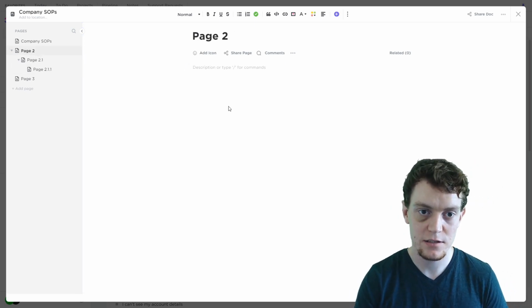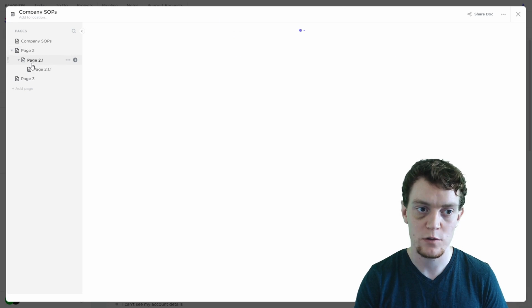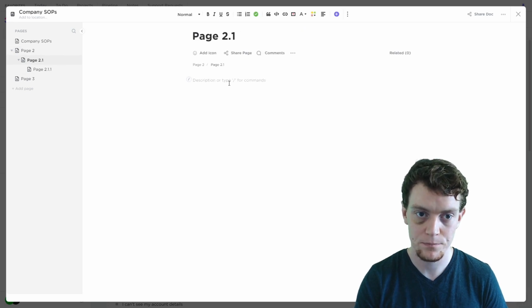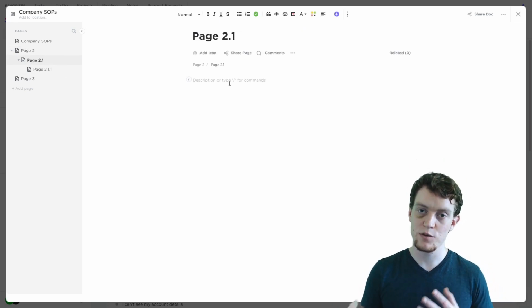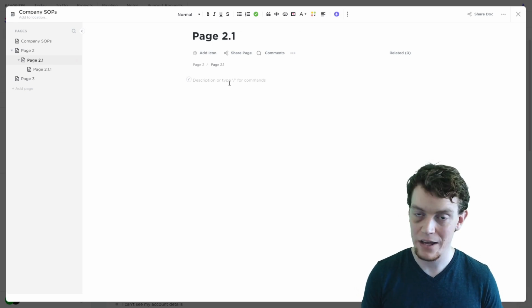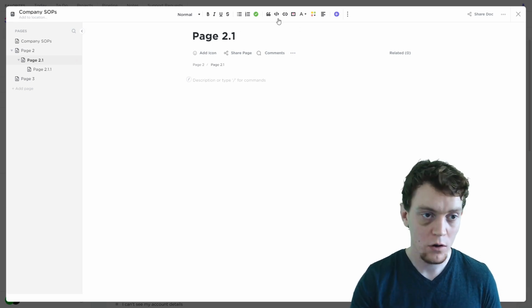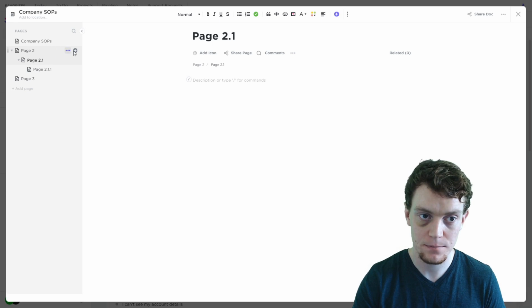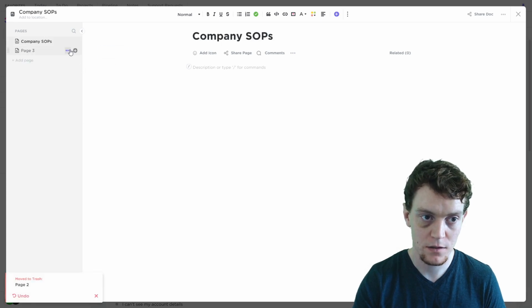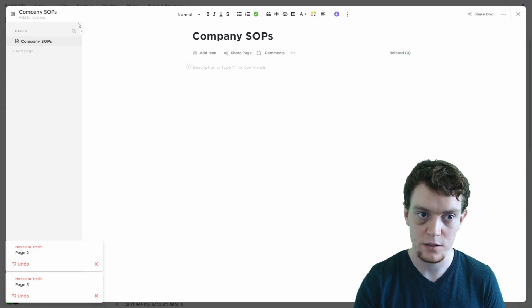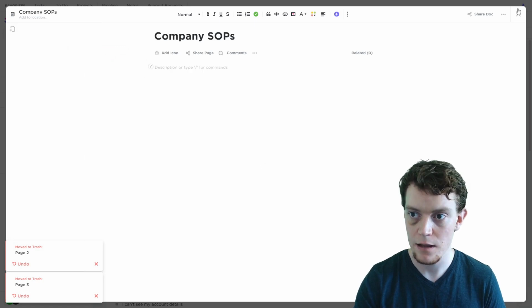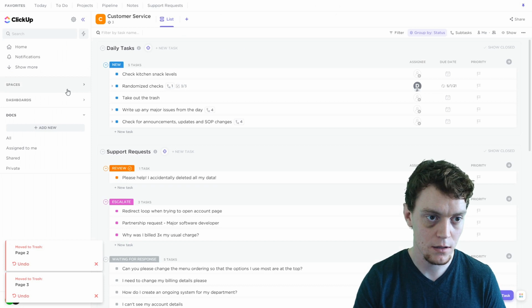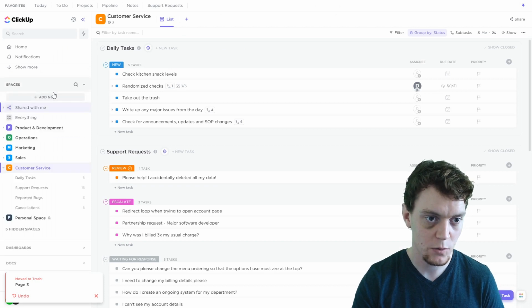So each of those pages can have their own content, but then they can also have pages below them as well. So you can end up with a very in-depth kind of tree structure, wiki-like document here, or you can keep it real simple and just have a single page. So if we delete all of this, then we've just got our one single page with our one single text area. Now I've actually got an existing document that I've created, so I'll show you what that looks like